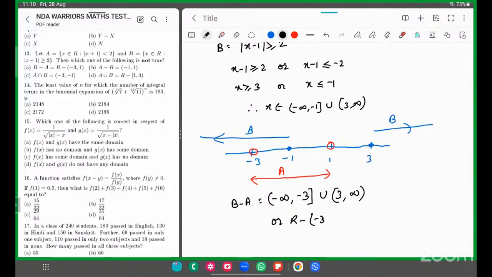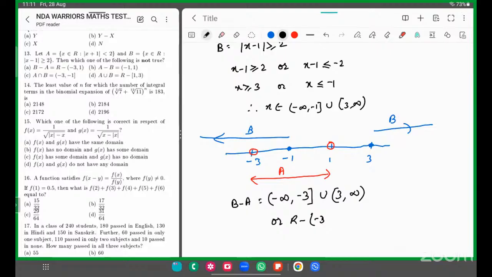ये शायद गलत ऑप्शन लग रहा है अपना, ये है ना, R minus, union 3 to infinity, हाँ, which can be written as -3 to 1। अगर मैं -3 से 1 के बीच में निकाल देता हूँ, तो ये -1 to 1, वो तो सही नहीं है। तो A intersection भी देख सकते हैं, union भी देख सकते हैं। A union B अगर मैं लिखूंगा दोनों को मिला करके, तो R-1 से 3 को निकालना पड़ेगा, तो ये ज़्यादा अच्छा आंसर है हमारा। बेस्ट ऑप्शन ऑप्शन D दिख रहा है,